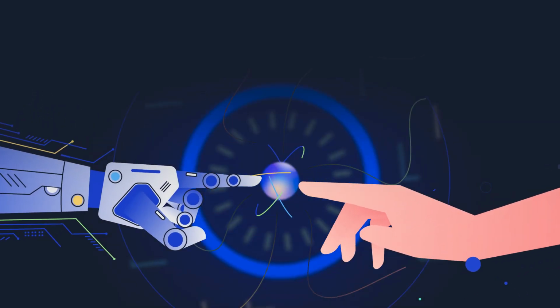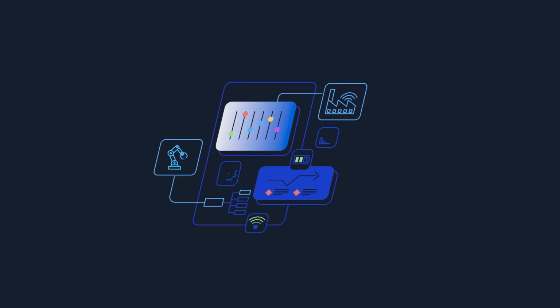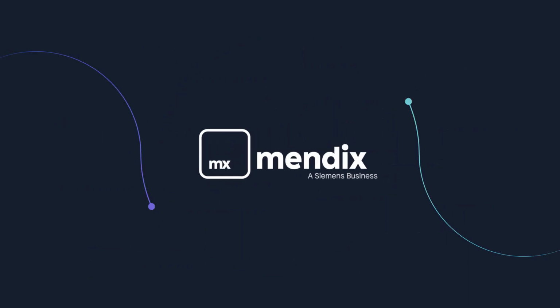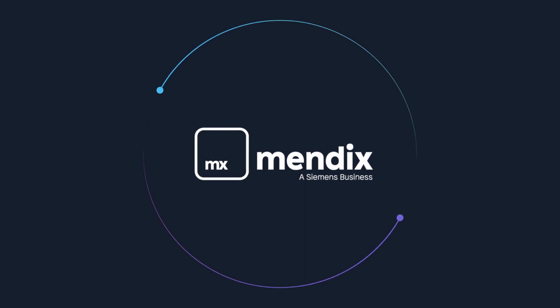The smart manufacturing revolution has touched every aspect of daily manufacturing processes. However, smart manufacturing requires the introduction of new systems and the transformation of many old ones. The Mendix low-code platform is the quickest and easiest way to bring together new and legacy processes into a unified,